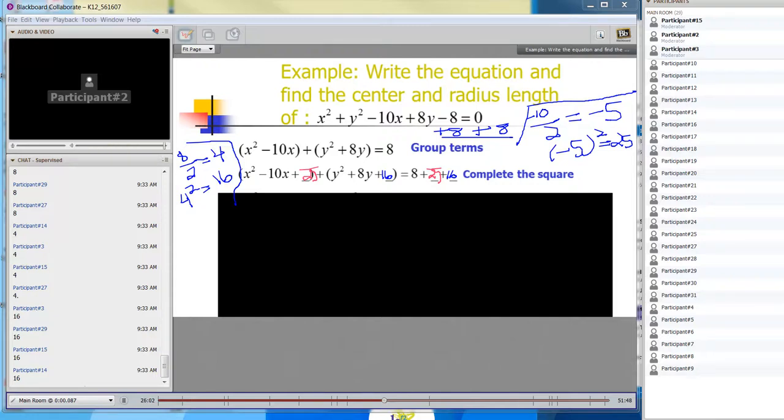Now, I can rewrite each of those sets of parentheses. You'll notice it's very important why I had the negative and the numbers over here, because those are our two numbers that are going into parentheses. So the x's